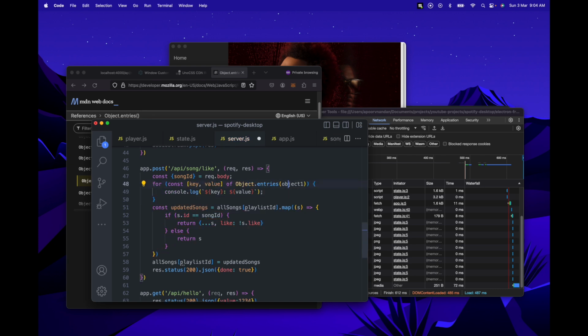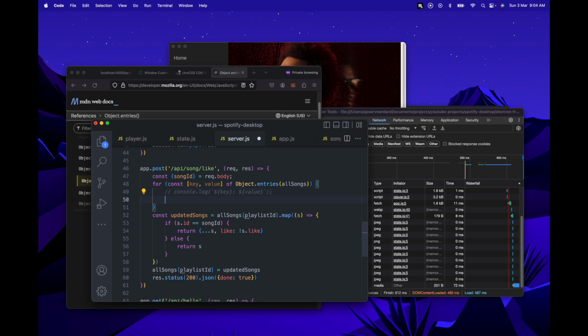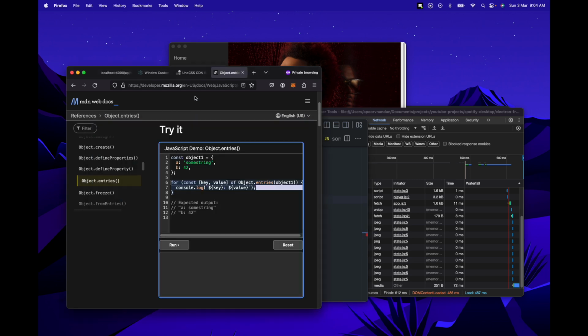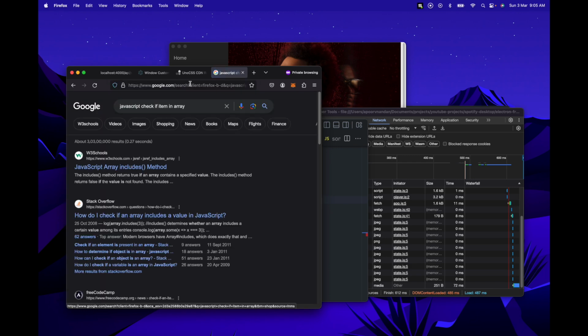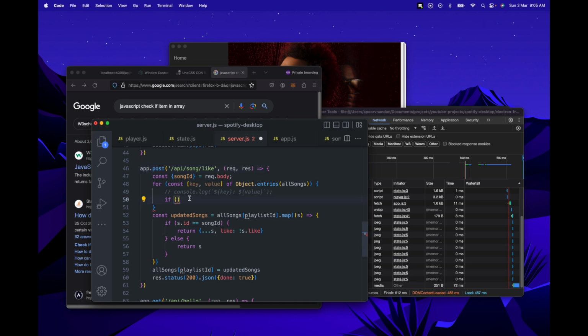Right, so now over here I'm gonna add all songs, and we can let go of this line. And what I want is if includes, and over here we can add